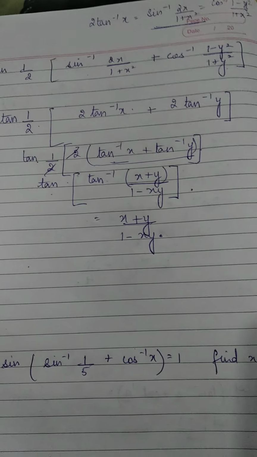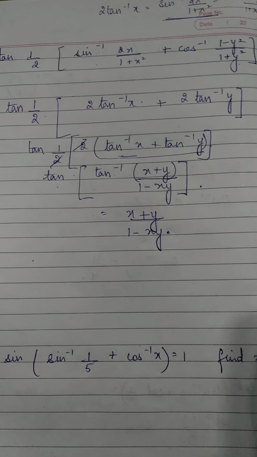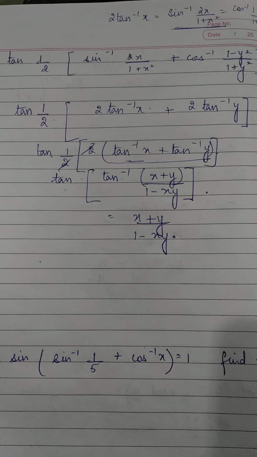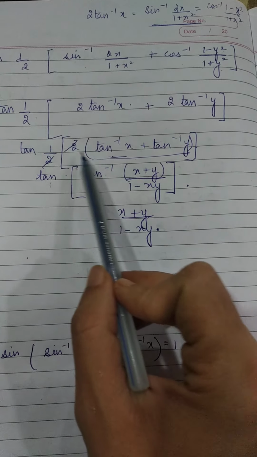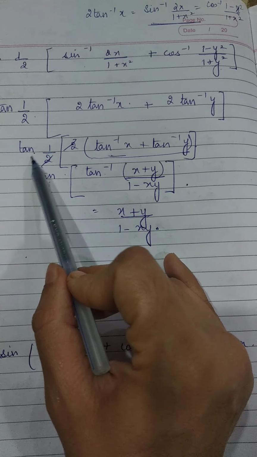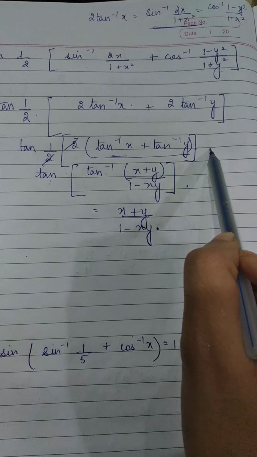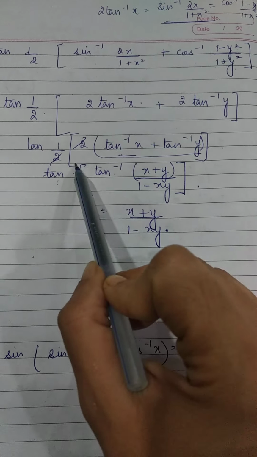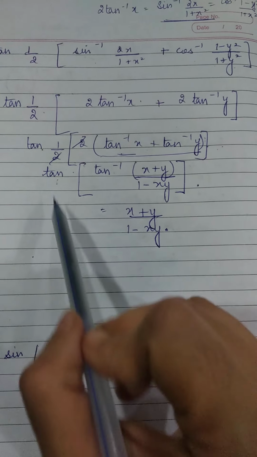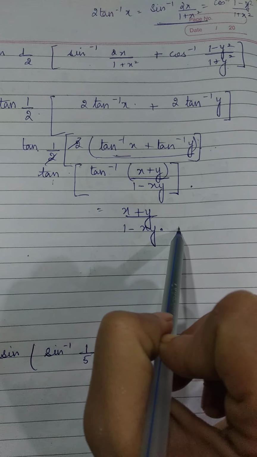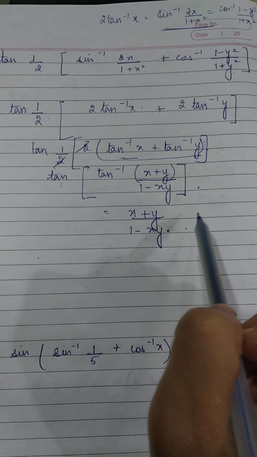Simple questions, students, these are. Please don't apply properties other than the properties which have been explained to you. Just as I told you, this is not equal to tan of tan inverse x plus tan of tan inverse y. You cannot apply a distributive property here. So you have to go with the consolidated formulas, and then you can apply the overall formulas. I hope it's clear to you. Please practice till here until we meet in the next module. Thank you.